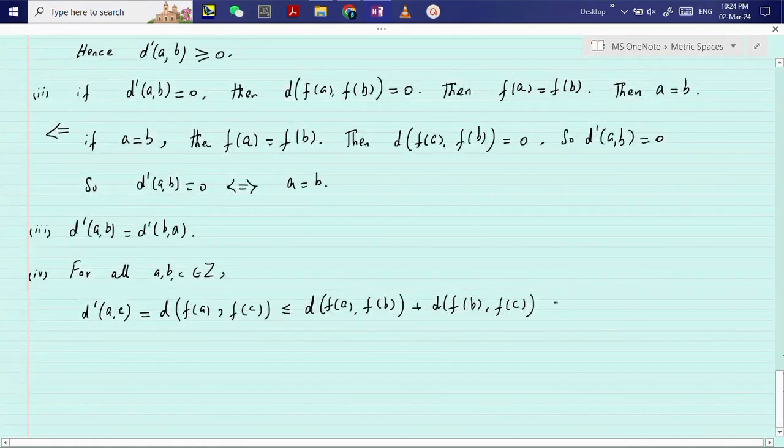And this one is equal to d dash of AB, and this one is equal to d dash of BC. Hence we have d dash of AB plus d dash of BC. Therefore d dash is a metric on Z. So this is our